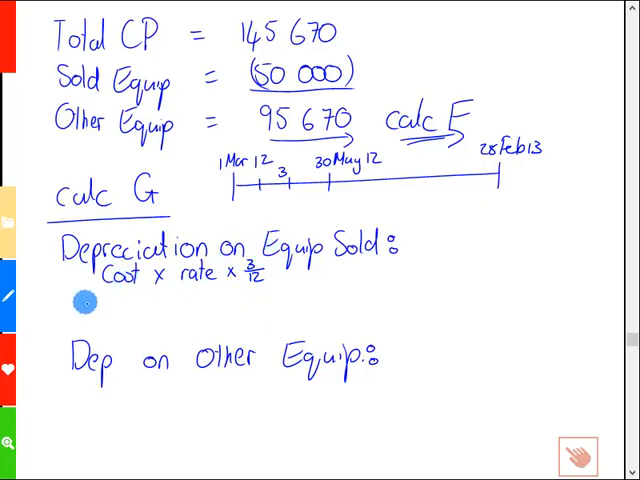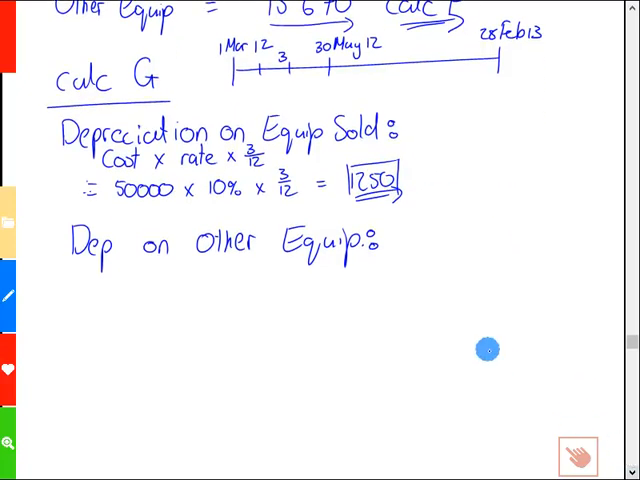Right, so then we're going to get, it's equal to 50,000 Rand multiplied by 10% multiplied by 3 over 12, and that is going to give us 1,250. Exactly, and that's the depreciation on the equipment sold. Right, now we just need to calculate the depreciation on the other equipment, which we now already know the cost